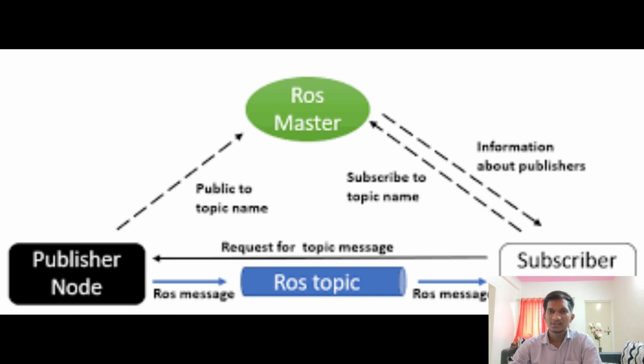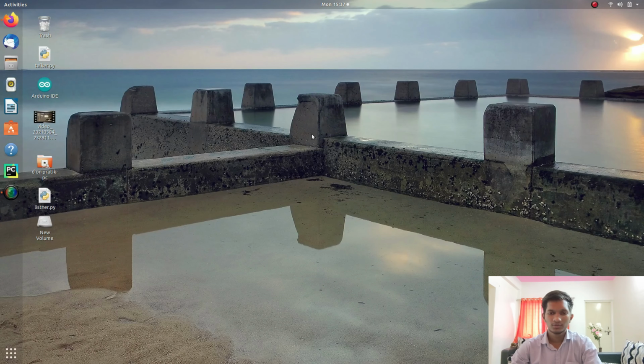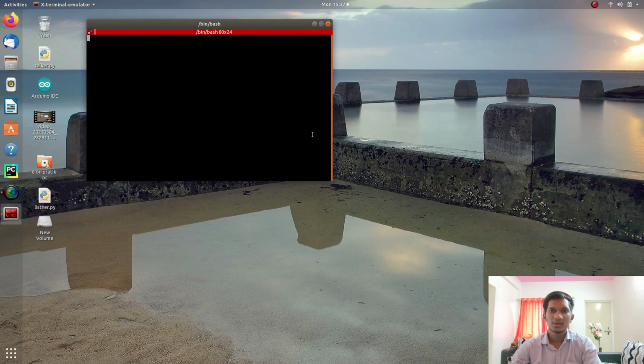Now let's start. First of all, I'll open the terminal with Control T, and then I'll be going into the Catkin workspace which we have created in our past videos. So I'll just type cd catkin_workspace. So now you can see that I'm in the Catkin workspace directory. Now I have to go into the source directory. So I'll type ls and check whether I have a directory named src in my Catkin workspace. So there is a directory named src. So I'll go into that directory, cd src.